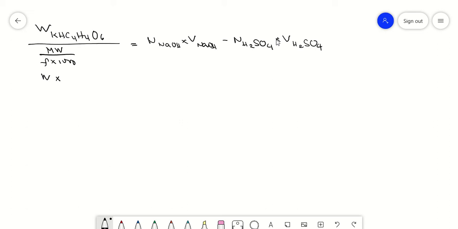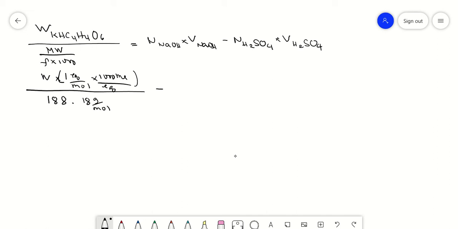It will act as an acid, with 1 replaceable hydrogen ion. So the factor is 1, times 1 equivalent per mole, times 1,000 milliequivalents per equivalent. So you can now simplify, divided by the molecular weight of potassium bitartrate, 188.18 grams per mole, is equal now to